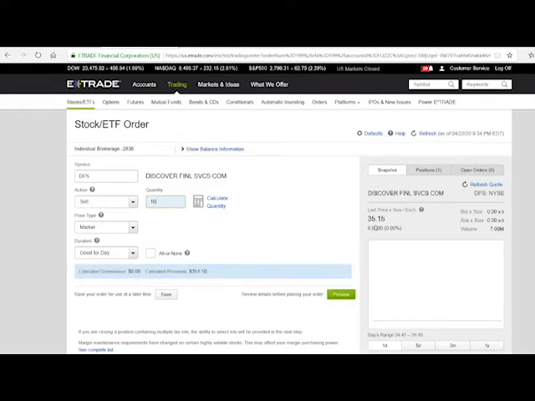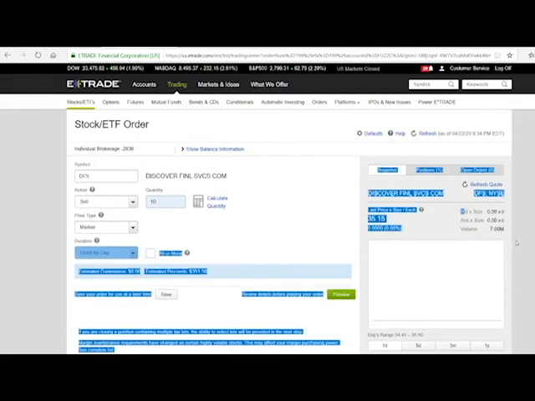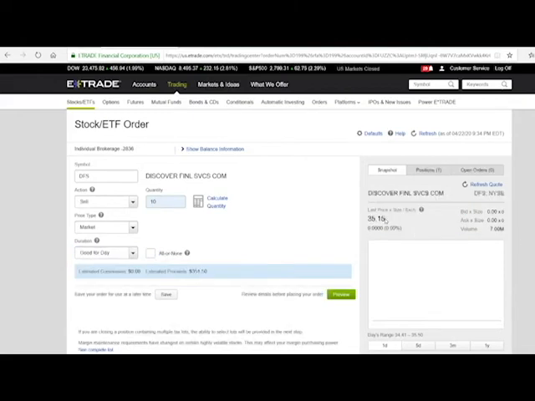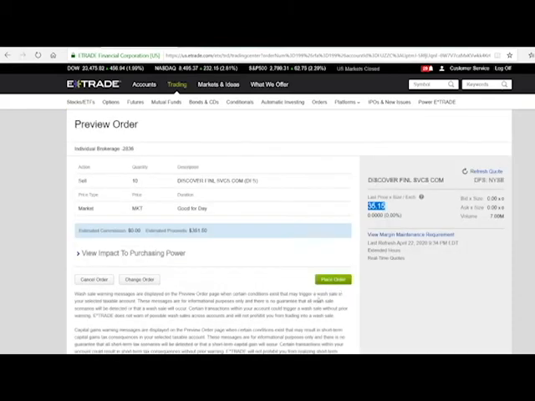Now again, when you sell on market, it's going to give you the price closest to this price. I am after hours right now, but it'll give you the price closest to this. Usually it's going to be this price, to be honest. Preview, and then you're going to want to hit place order to send it. I'm not going to place the order,